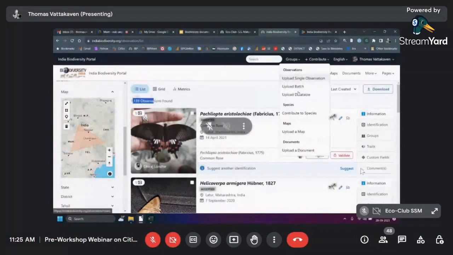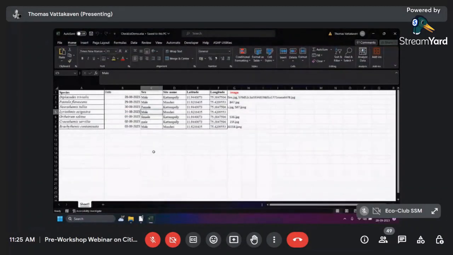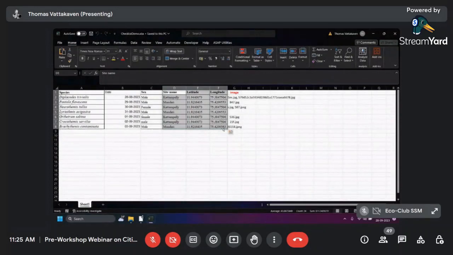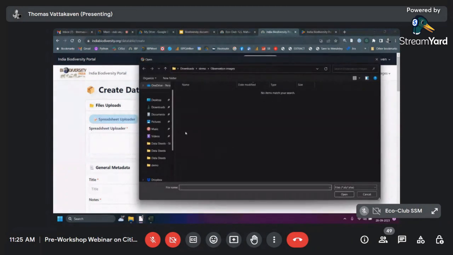Finally, moving on, what if you have a data table? What if you have a table like this? You've gone out and done a field study. You have a list of species with different dates. You have marked male or female. You've also added different latitude, longitudes for each row. You may or may not want to do that, but I want to upload this. So then you go to contribute, click on upload a data table, and select a file,